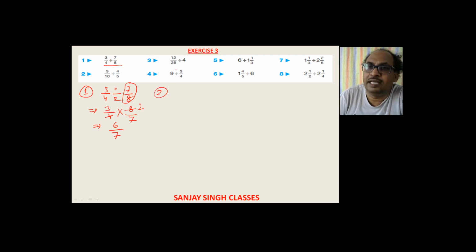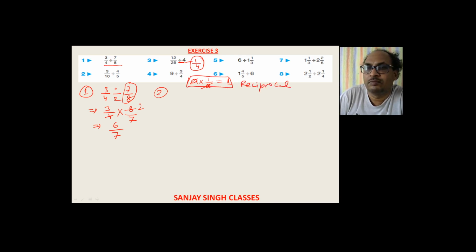So what is the main thing here? Converting this division into multiplication, and the following number will be changed to its reciprocal. Okay, reciprocal of the number. If 4 is there, the reciprocal of 4 will become 1 by 4. If 1 by 4 is there, the reciprocal of it will become 4. So a number multiplied with its reciprocal always gives you the value 1. So this is the principle of reciprocal.